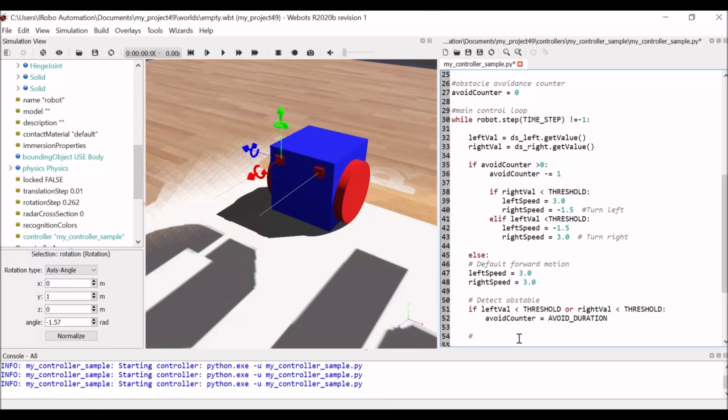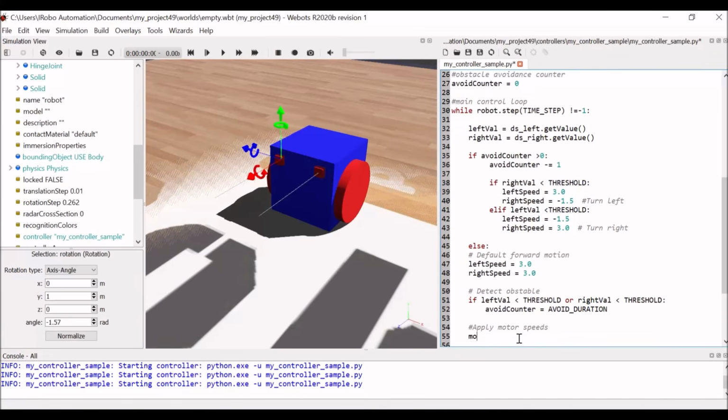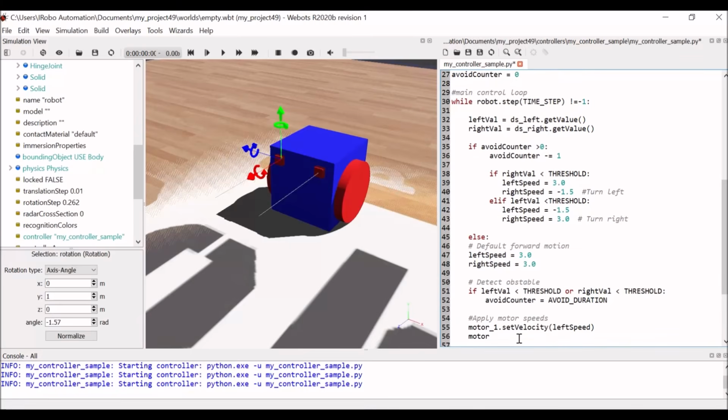Next is apply motor speeds, that is motor underscore 1 dot set velocity, that is left speed, that is right speed. Okay,